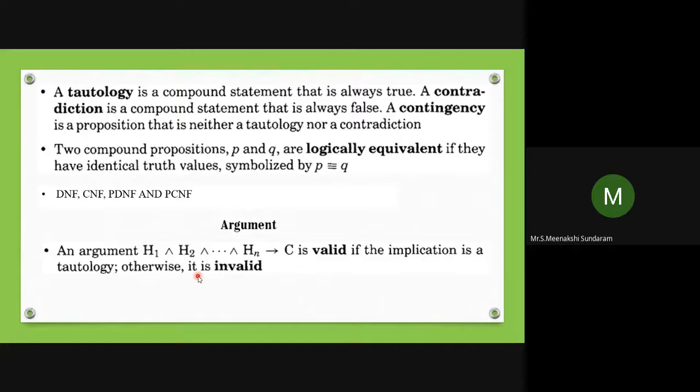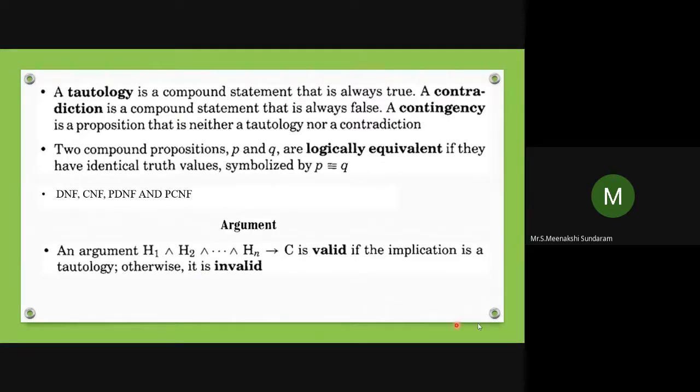That is, if you want to go for a truth table to identify the min terms and max terms. If all are true, then there are no max terms. If all are false, there are no min terms. That is a tautology case, no PCNF. For the contradiction case, no PDNF. That is PCNF and PDNF.